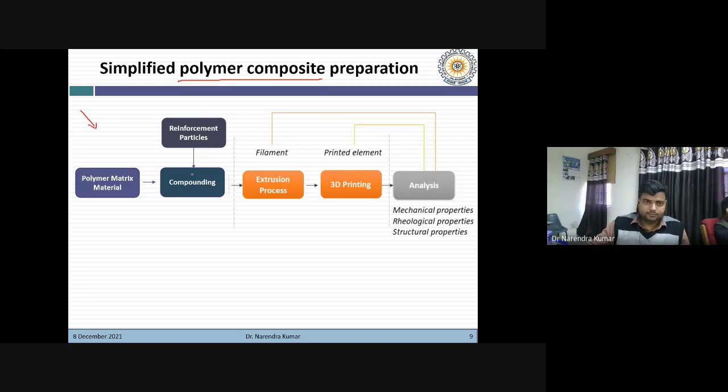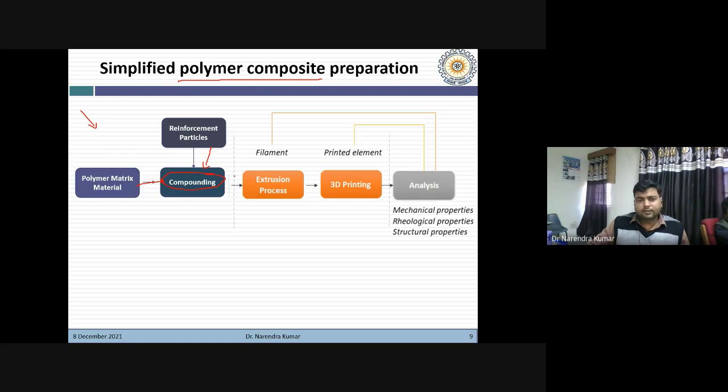Suppose you want to prepare the polymer composite with the help of the AAA process, then these are the different stages. First, we need to use a compounding method in which we add the polymer matrix material and the reinforcement particles together. Different kinds of compounding are available, like melt compounding and solution compounding.